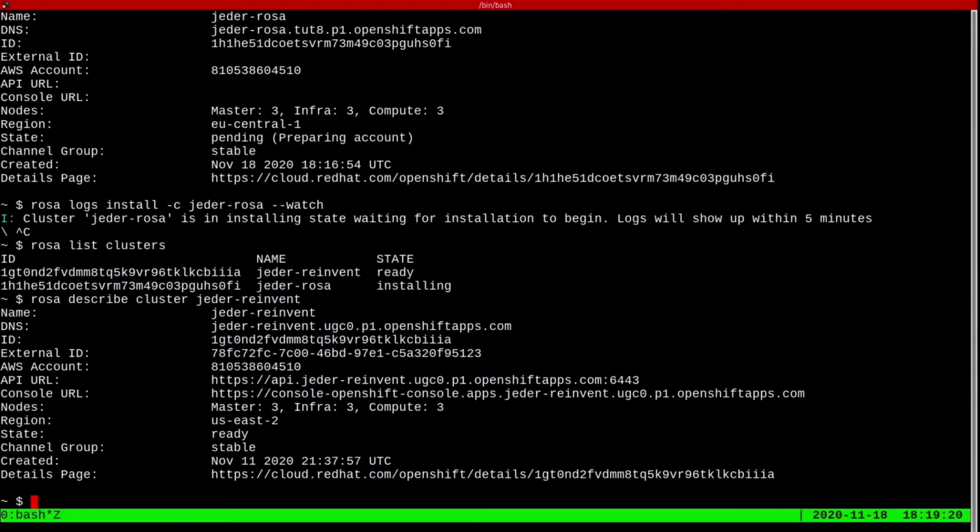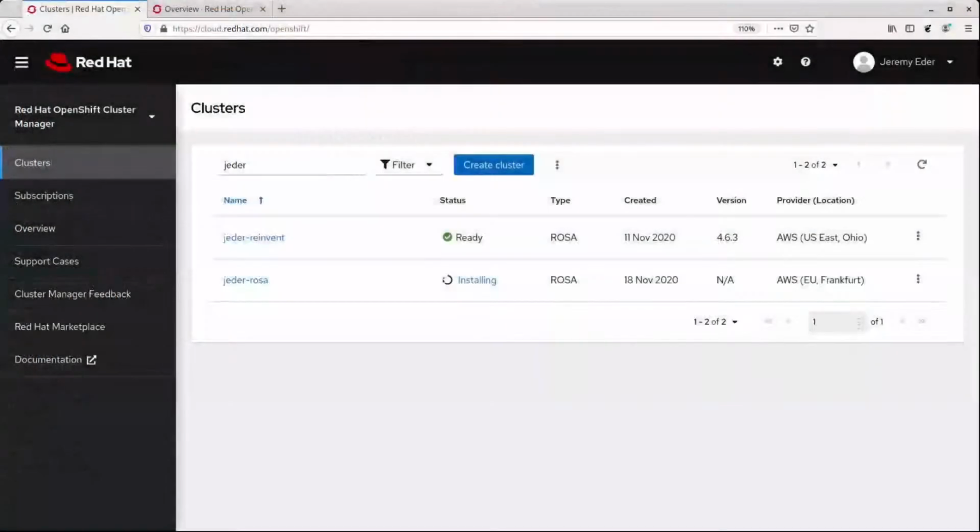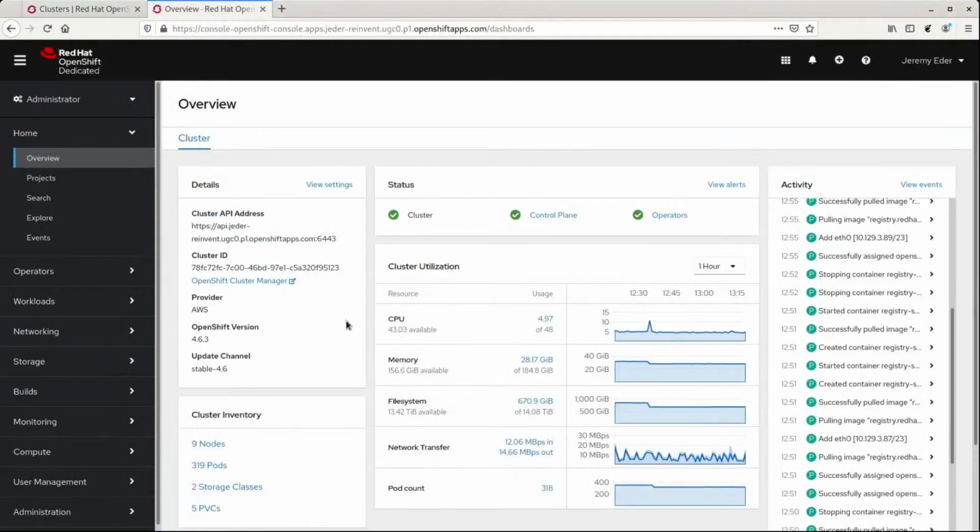So let's start with the console URL. And I've got that pulled up over here. So this is the console of the cluster that I had previously installed. This is the standard OpenShift overview page.